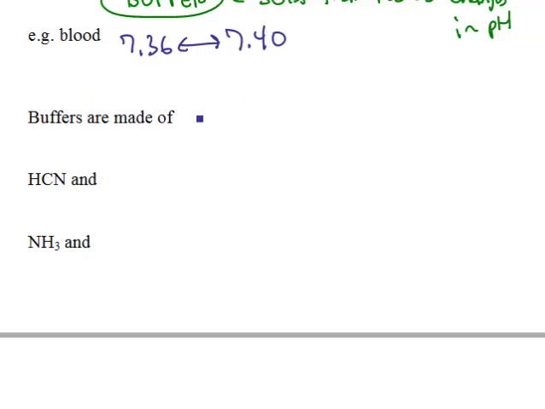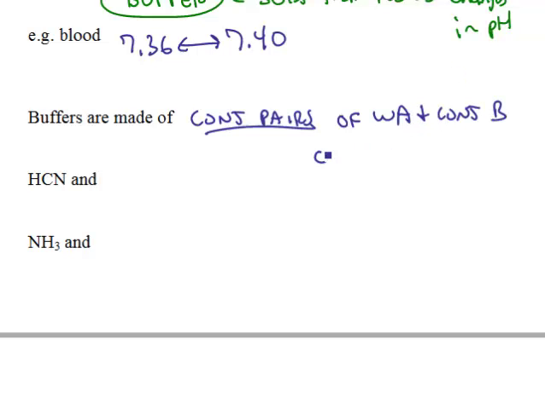Buffers are always made up of conjugate pairs of chemicals. And they have to be a conjugate pair of a weak acid and its conjugate base, or a weak base and its conjugate acid. So for example,